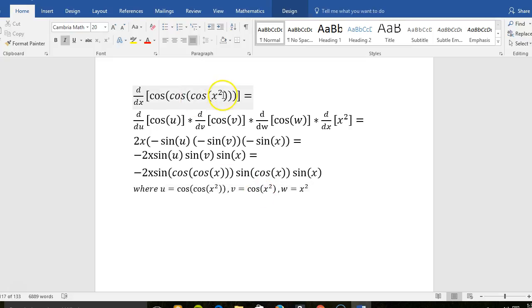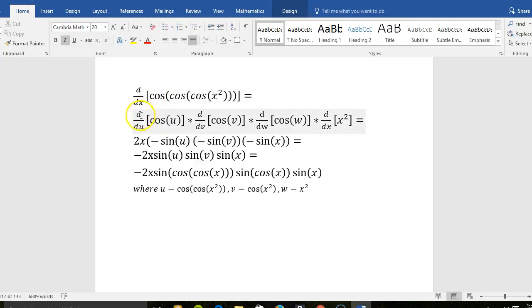Instead of cosine x, it's cosine x squared, though. Now, we've got to do a third guy. When we just had x in here, there was no need to let w equal x. That would have been silly. But what I've got here, I let w equal x squared, and I get, remember, this is the outermost,